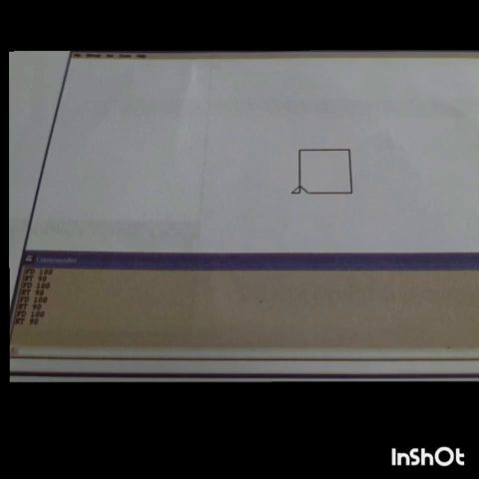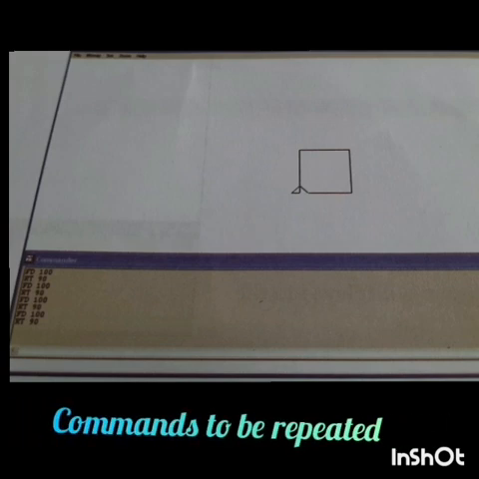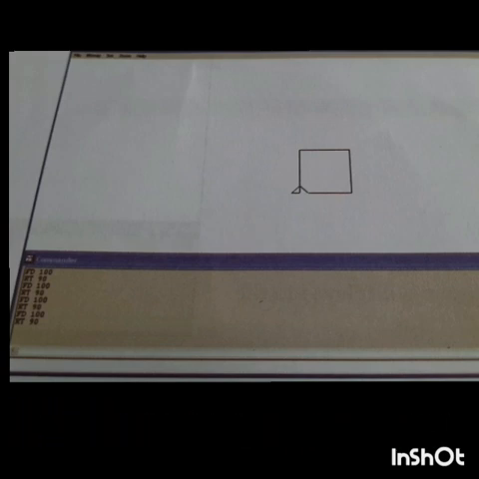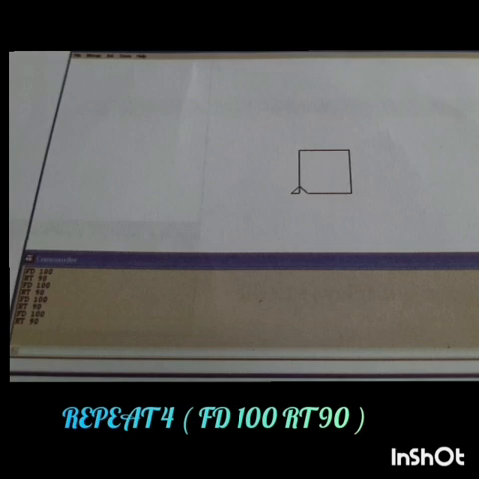The same process can be performed in just one line using the repeat command. The syntax for the repeat command is: repeat, number of times to repeat, and the commands to be repeated in square brackets. For example, to draw a square, instead of the above commands, we can now use the repeat command: repeat 4 [forward 100 right 90].